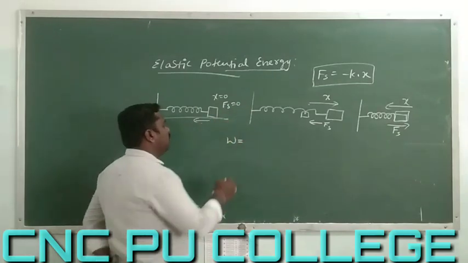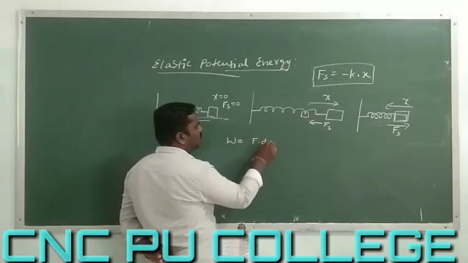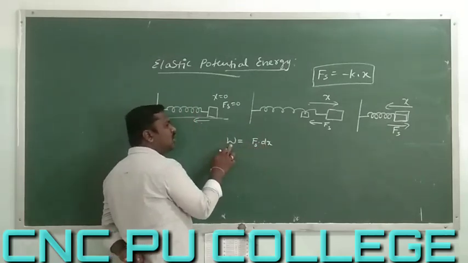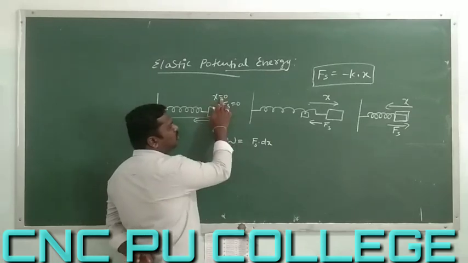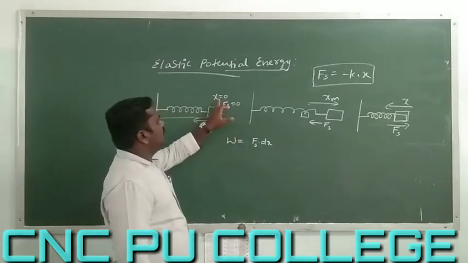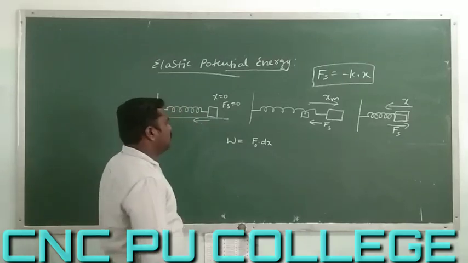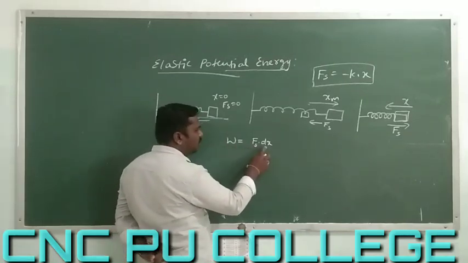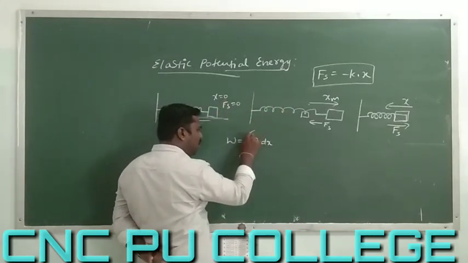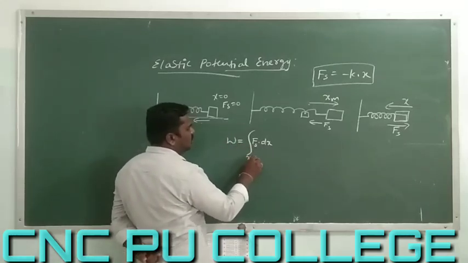Therefore the total work done W is equal to, in general, force into displacement. Here the force is the spring force and the displacement is the small displacement. To get the total work done, we have to go from the initial position to the extreme position, that is xm. Initial displacement is 0 and maximum displacement is xm. So W is equal to the integration of Fs into dx from x equals 0 to